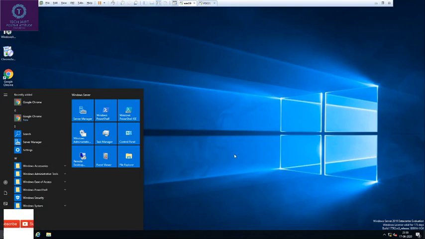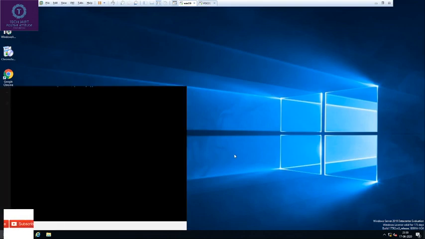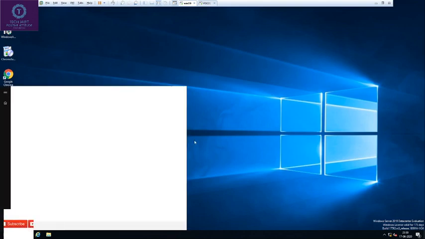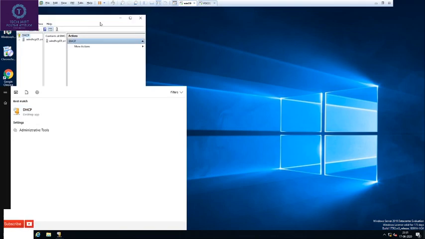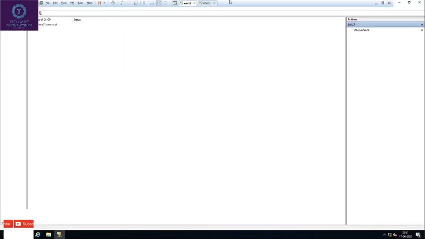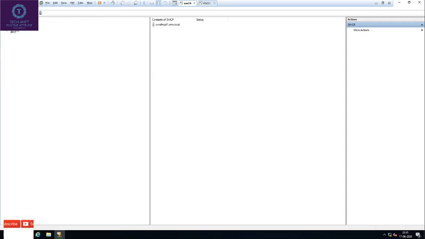Now go to the DHCP tab. Here you can see DHCP. This is the DHCP server console. This is the server name of the DHCP server.